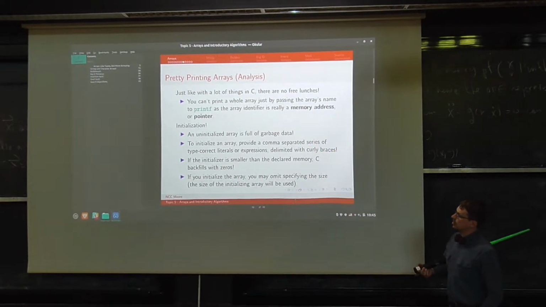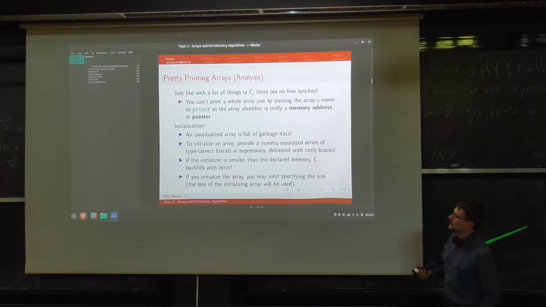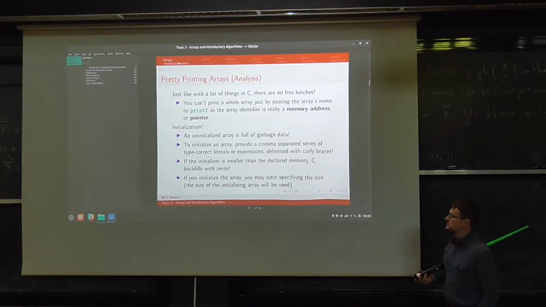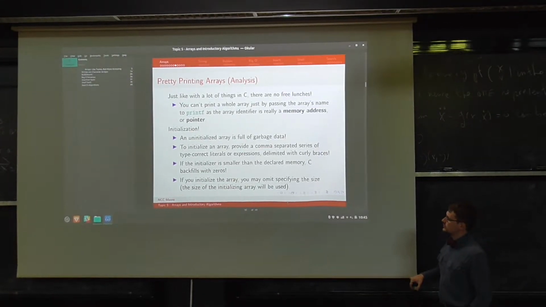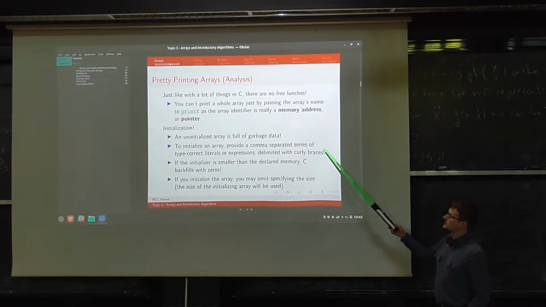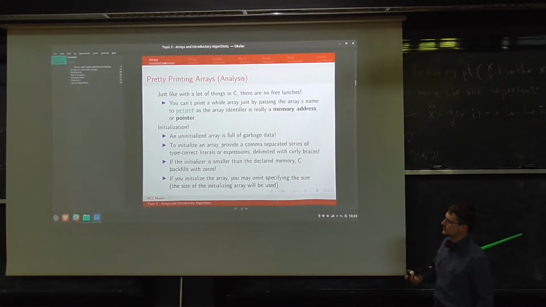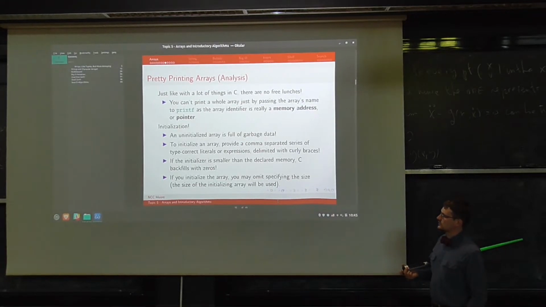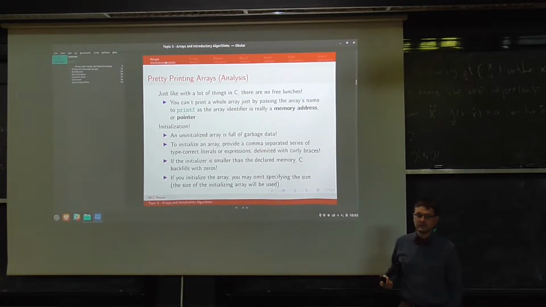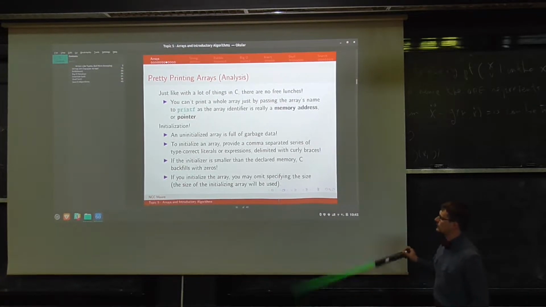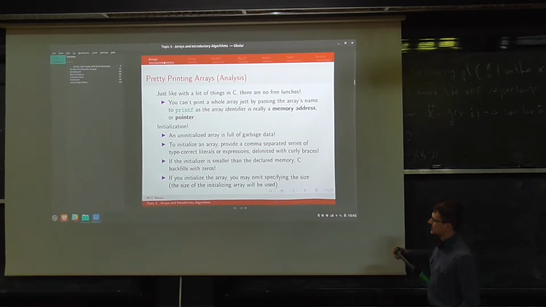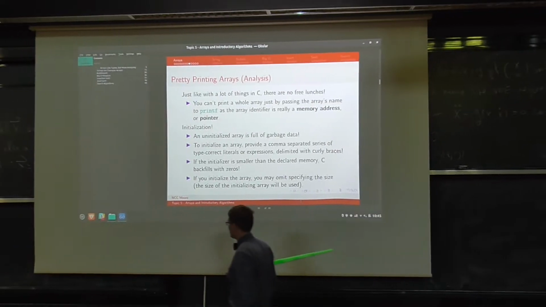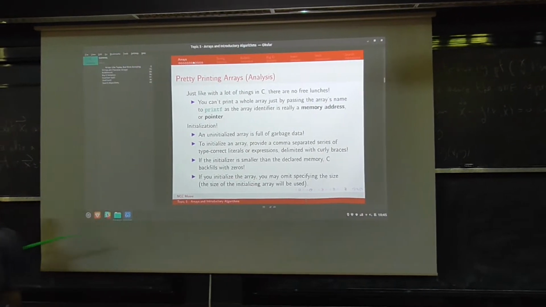An uninitialized array is full of garbage data, smelly garbage. To initialize an array, provide a comma-separated series of type-correct literals or expressions delimited with curly braces. If the initializer is smaller than the declared memory, C will backfill with zeros. If you initialize the array, you may omit the size specification, as the size of the initializing array will be